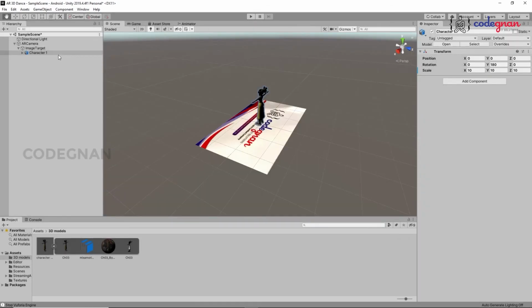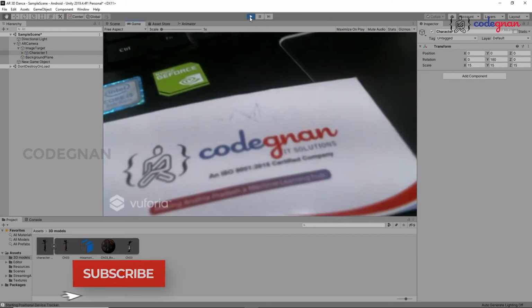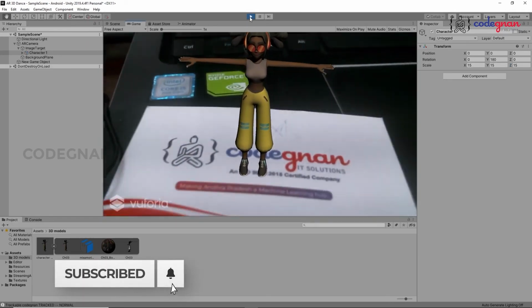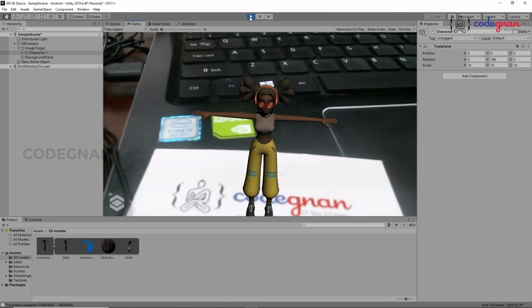So make it 15 in all XYZ scale positions. I think it is good. Let's check whether it is good or not. Yeah, it was good.